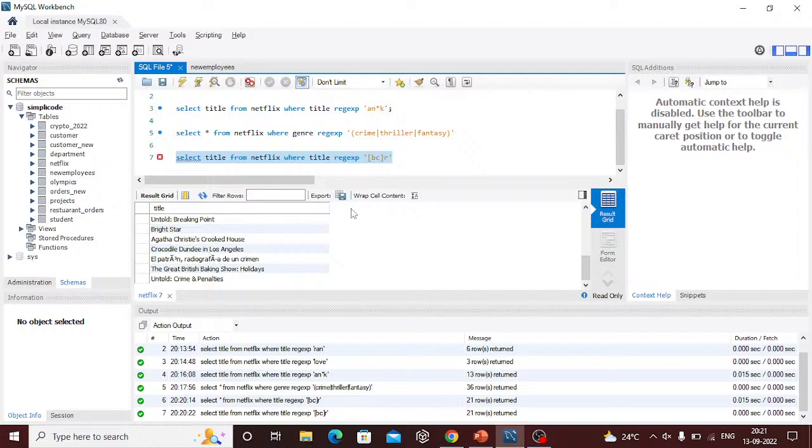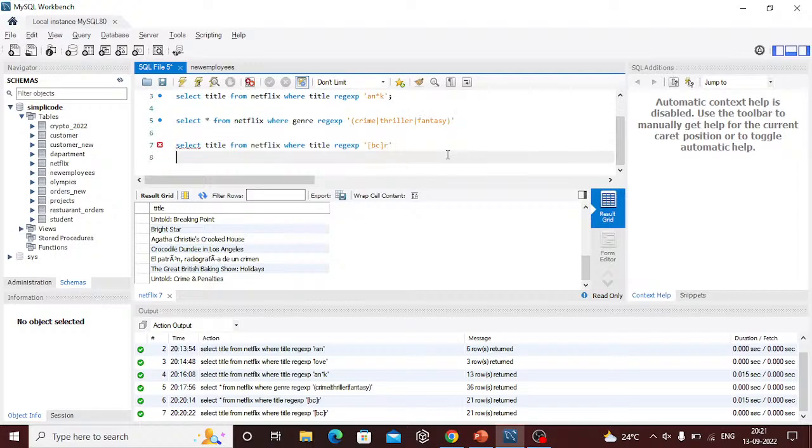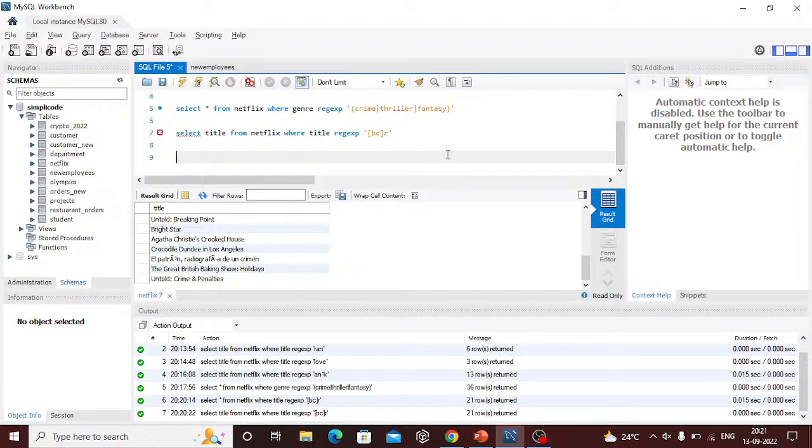Alright, let us now move to another example where we'll use the square brackets with a caret. Now the caret is the complete opposite of the square brackets alone, which will find the exact word that you are trying to find. So let's say I want to retrieve the director details of the shows, and the director's name should be either, let's say, Anthony, or his name can start with B or the character C. So in that case, what I'll do is select director from Netflix where